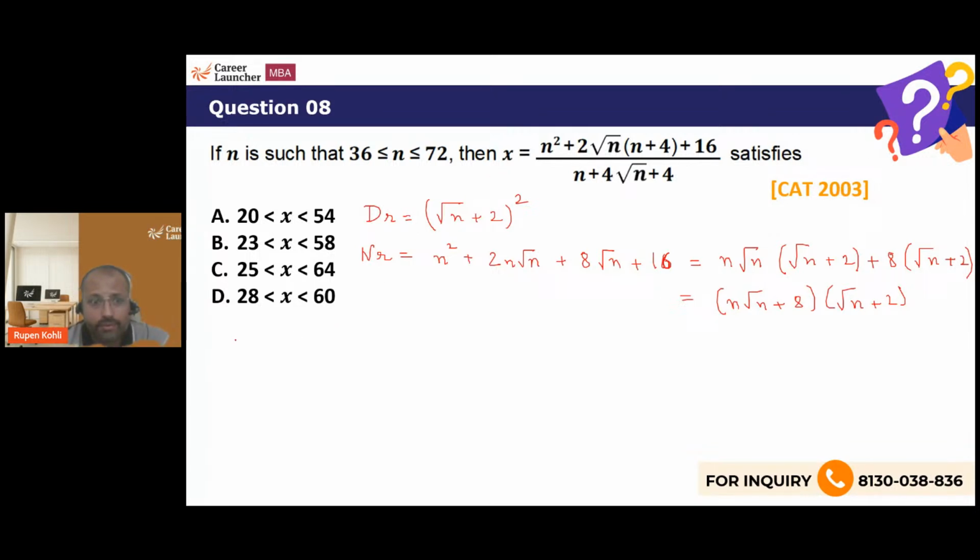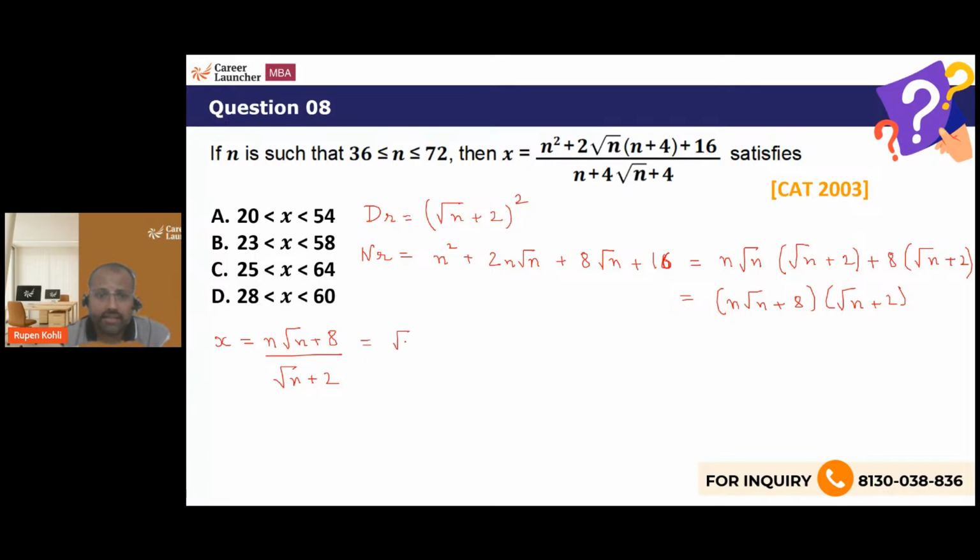So therefore my x becomes, by cancelling this term, n root n plus 8. The other factor has cancelled, and in the denominator I have 1 root n plus 2, the whole square, one power gets cancelled. All right, something has happened. Now further, if you look at this further,